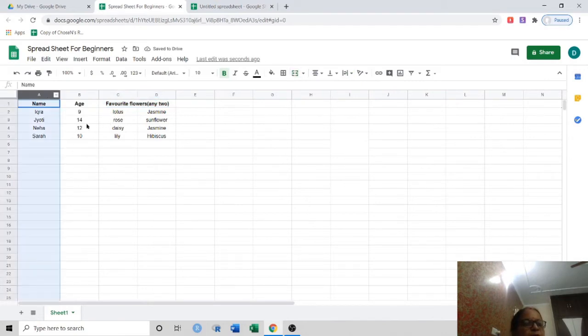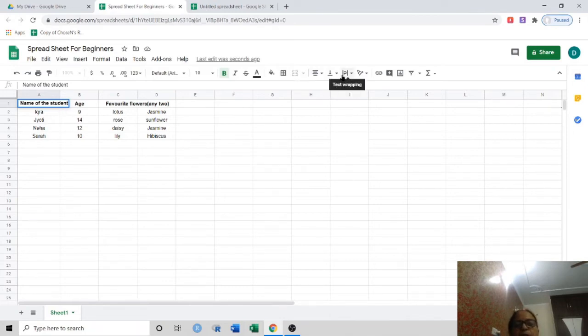Now I write over here name of the student. Instead of writing name, I write name of the student. Now see, it is coming beyond the width of the cell.